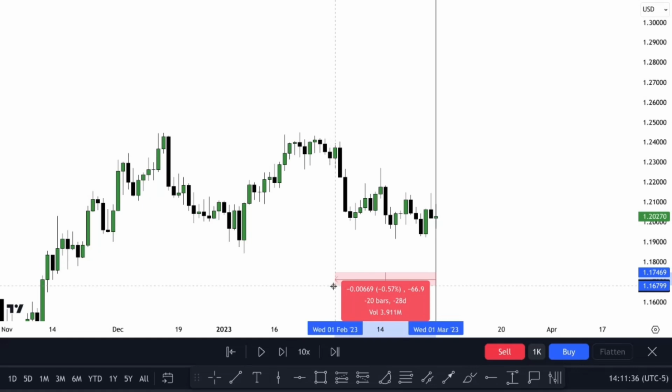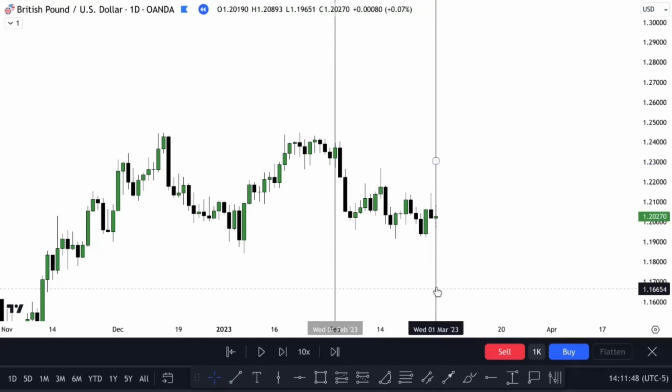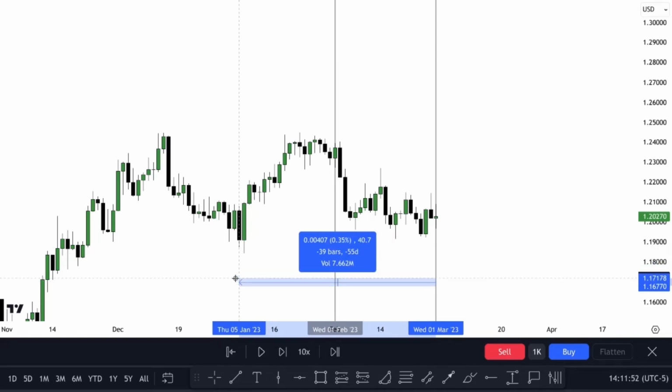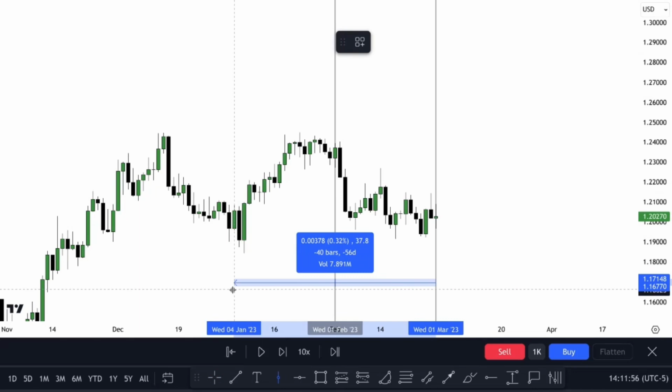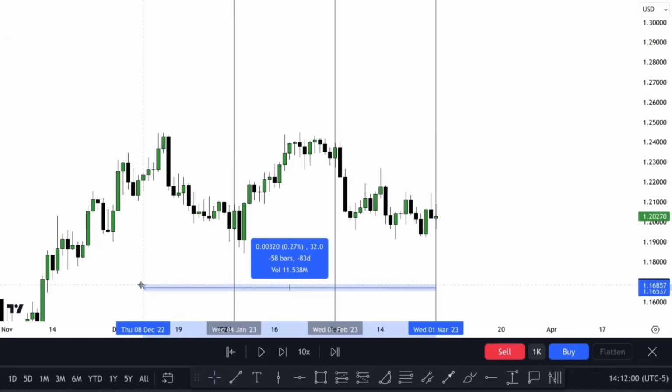So this tool on TradingView, I'm not sure how it works, but for some reason it's saying 28 days. I'm on the daily time frame. It's actually 20 days or 20 bars. So each one of these bars represents one day. I'm not including the weekends at all. So no Sundays. So we got 40 and we got 60. So just a refresher, what I'm looking for is buy side and sell side, and I'm